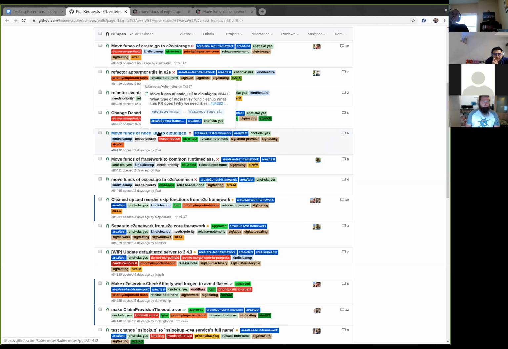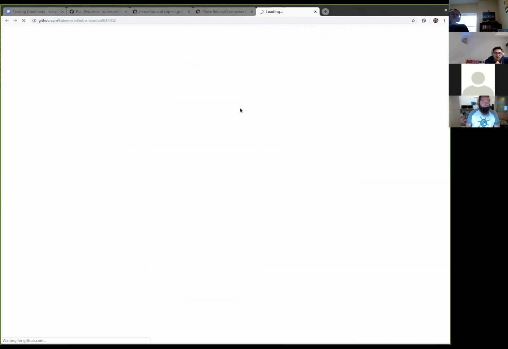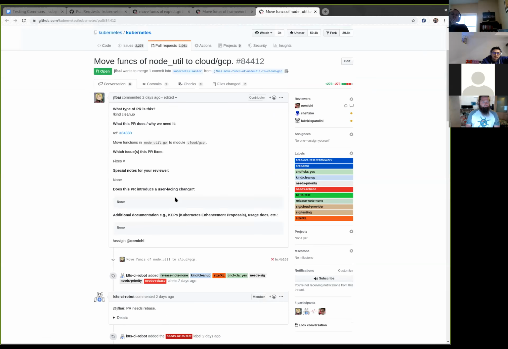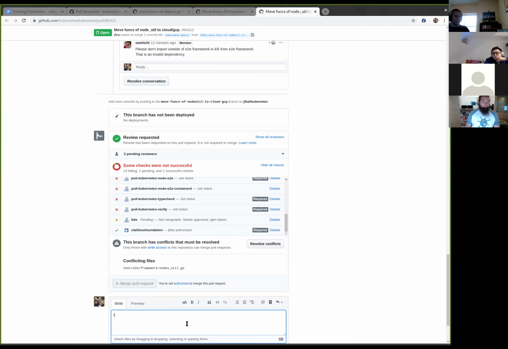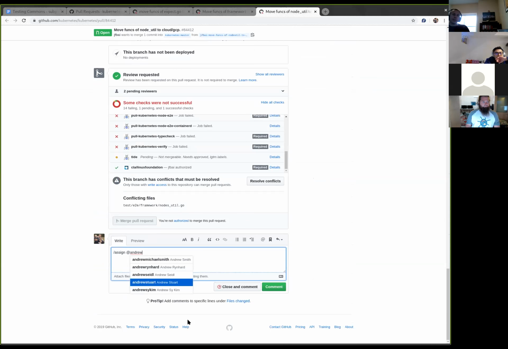Move functions from NoVutil to GCP. You can probably assign that one to me. I guess it's the bottom one.